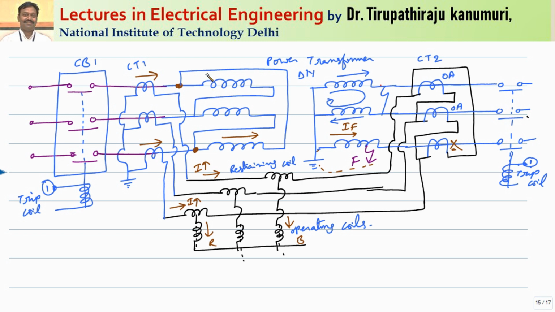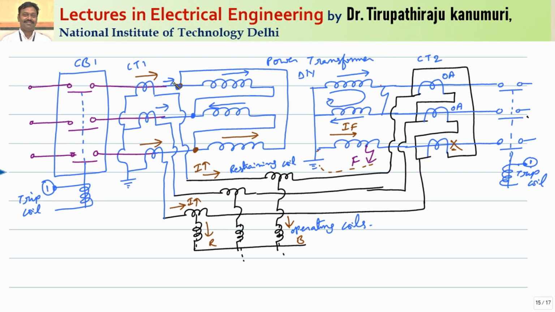But in the primary side, again the same thing, this current should be supplied by the primary. So in this coil the current will pass like this, and in this coil the current will pass in the opposite direction. As it is passing in the opposite direction, accordingly the primary side CT currents are also affected, because this current is increased. This is supplied from this point, and it is connected to this point also. So this point as well as this point are affected. That means the currents in these two are affected. So in these two CTs the currents are increased, whereas they become 0 on the secondary side.